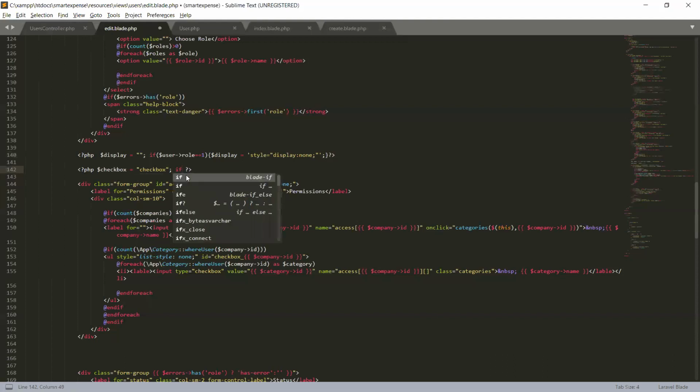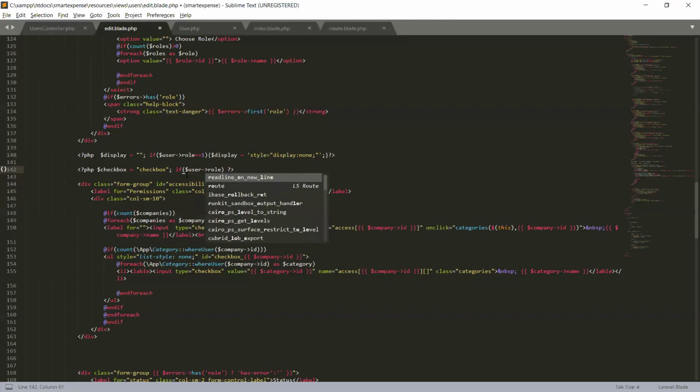And now if the role is a member, user role equal to 3, which is for member, then we will set our checkbox to radio.